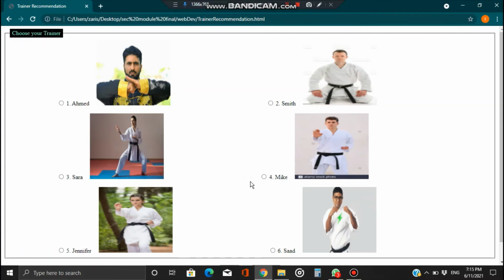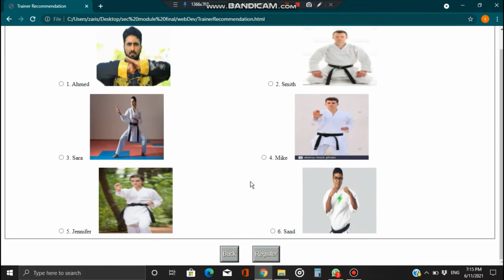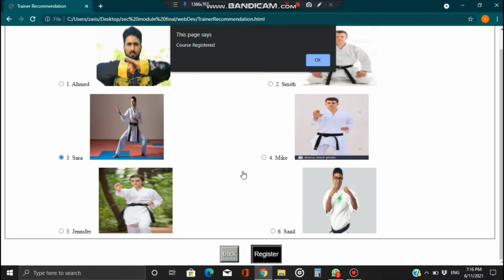a trainer. The names of the trainers are also hard coded at the back end, and when you select one of the trainers, it stores the data, and when you click register, a message is shown that the course is registered, that your data has been recorded and saved at the back end.